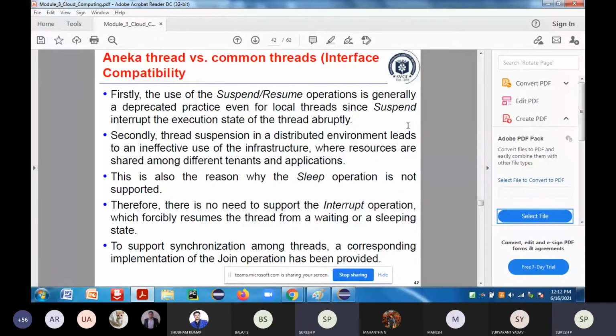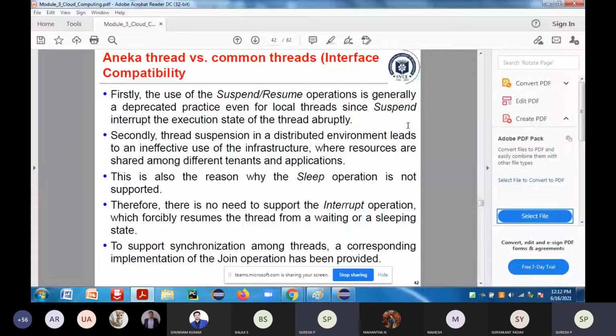You would have purchased that infrastructure for a certain amount of time. Now, if I am suspending the thread, I am not executing that thread on that particular node. Once you are not using that node, the usage of that infrastructure won't be there, and then we are paying simply.